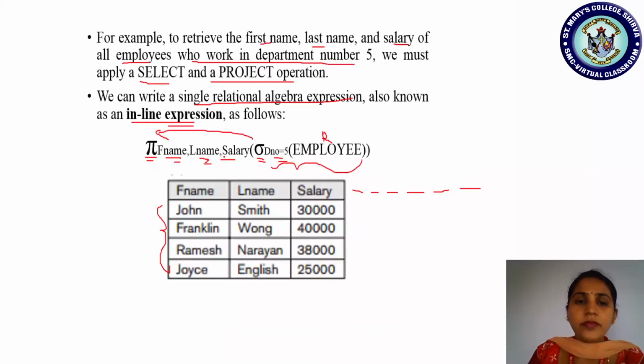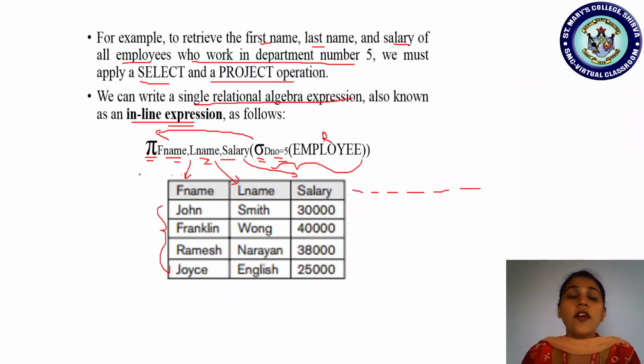So when project is applied, it displays first name, last name and salary. Is that clear? The nesting of one or more operations in an algebraic expression is what we call an inline expression, and this is an example of that.